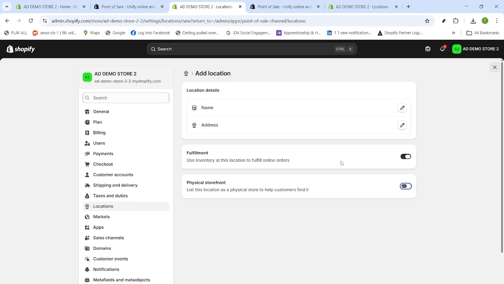That's it. You've installed the POS channel, grabbed the mobile app, explored the key reports, and configured your retail location so inventory and sales stay in sync. Follow these steps, and you'll be ready